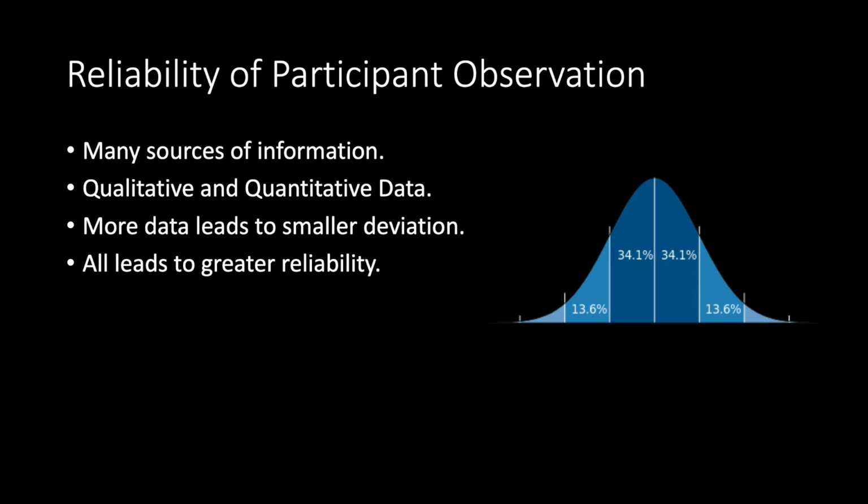A statistical method, quite similar, is something known as standard deviation. Typically, when two things are correlated due to sufficient evidence, a larger pool of data will lead to a lower deviation between the findings, that is, if the findings are true. All of these things put together will inevitably lead to the data being more reliable.